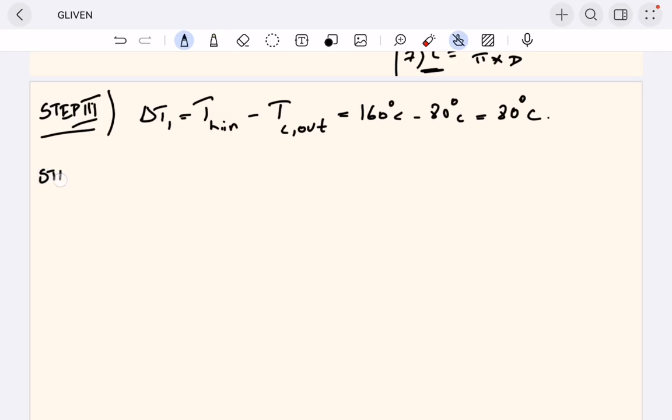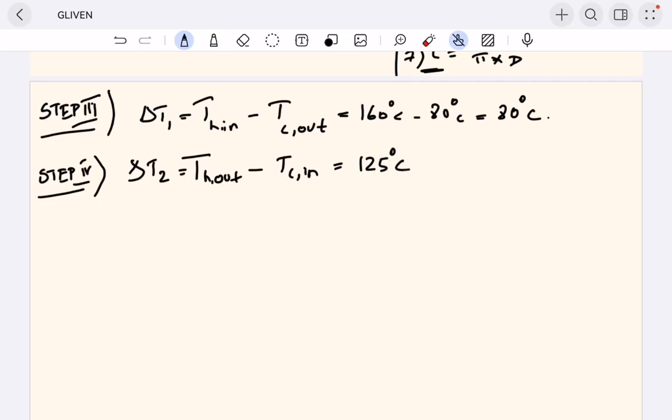Step 4, we are going to do delta T2. It's T of hot water out minus T of cold water in, and it should give you 125 degrees, that's the out, minus 20 degrees, that's the cold water. This should give you 105 degrees centigrade. Step 5,